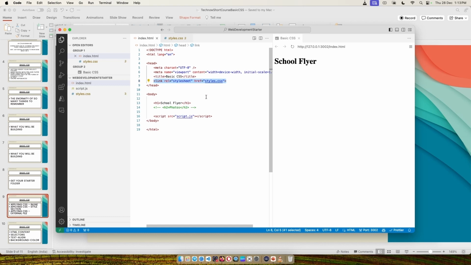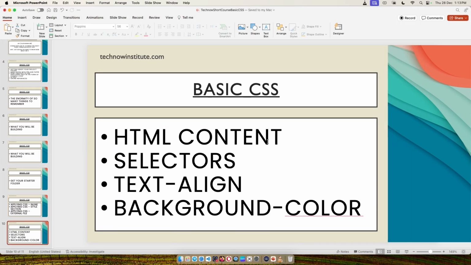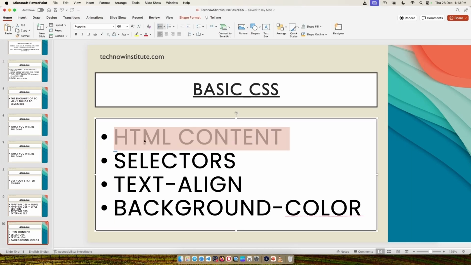Something to know, there are other ways of doing it, but I won't go into it right now because that's not really part of the scope of this specific course, and so on and so forth. So let's keep moving then. The next thing for me to do is to add the necessary content to the HTML. Normally what we do is we put the HTML and then go to the style file and start adding the CSS. So now I'm going to start by using a slide, there you go, HTML content first and then the other thing.